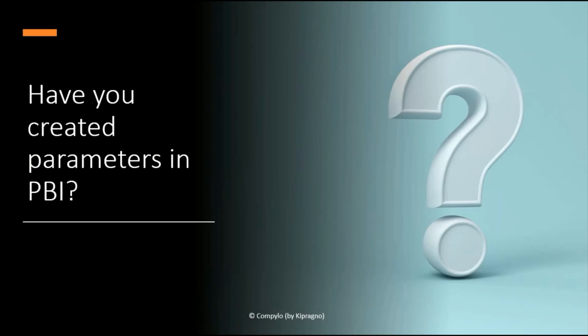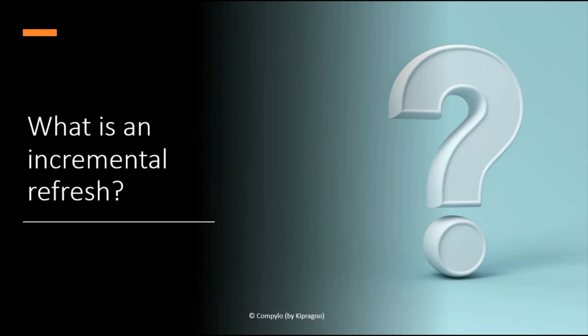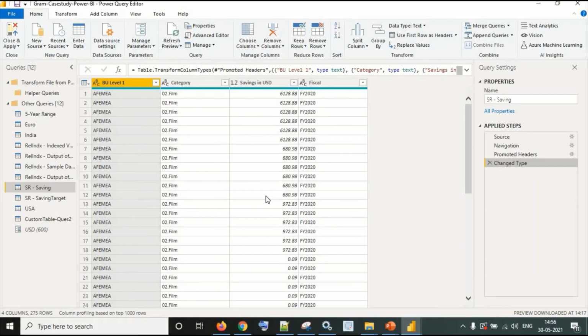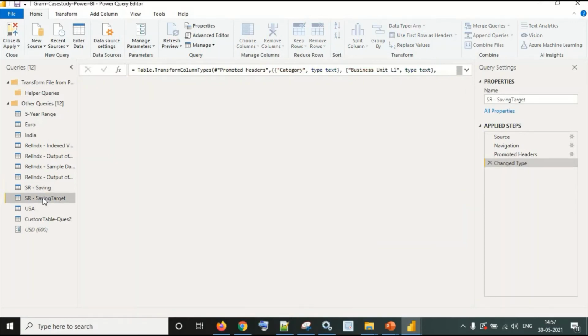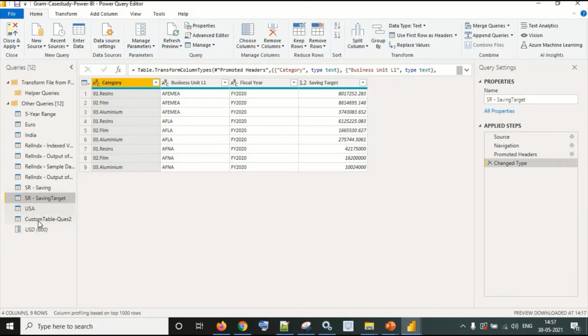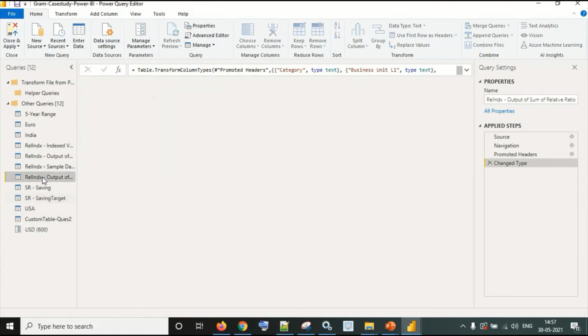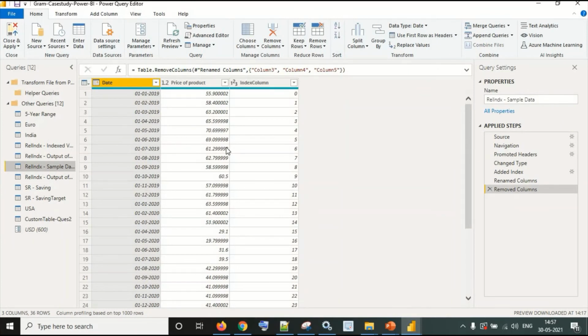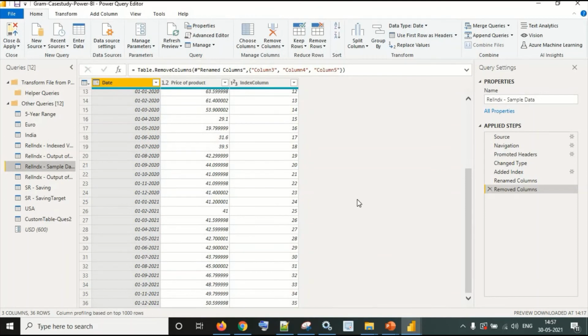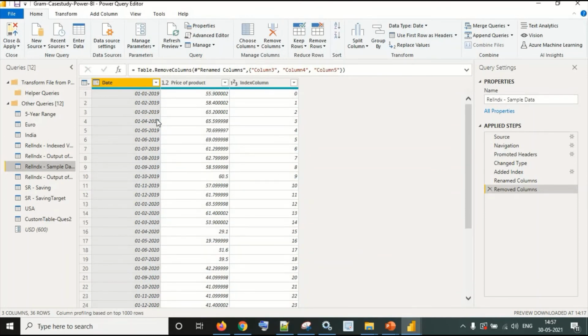So let's move there. What is an incremental refresh? As you have seen over here, there are values. If I check this table, this is the table where we have data for 2019, then 20, then 21. Now, if data is static, that means data of 2019 and 20 is not going to change.